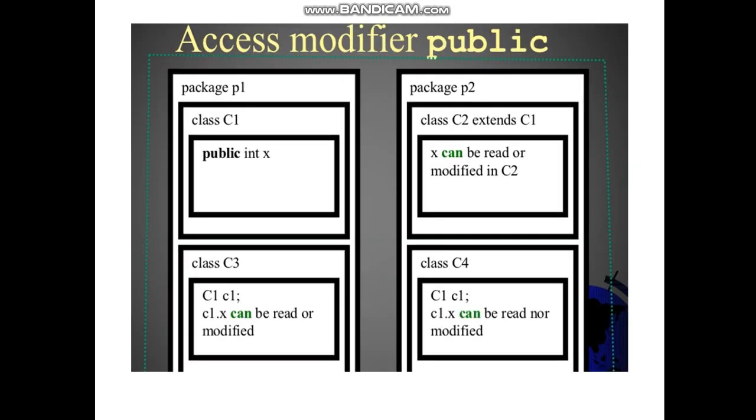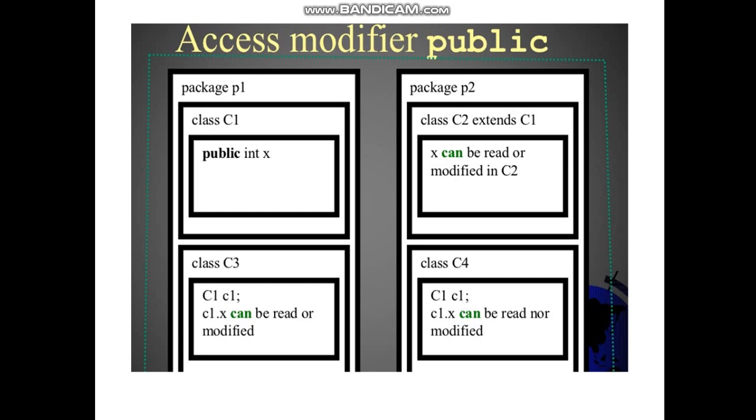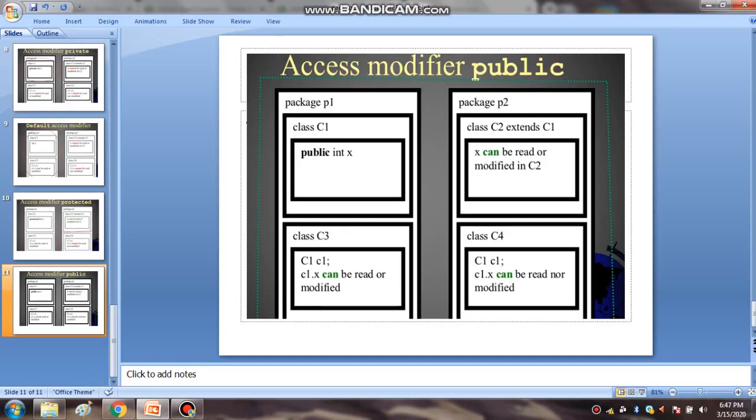Now in case you are defining the access modifier as public, that means it can be accessed within the same class, within any other classes or subclasses defined in the same package, or any other classes or subclasses defined in any other package. That means it has a public access. It can be accessed from anywhere. So these are the different access specifiers, and all this is based on the package in which it is being defined. Now let us see some inbuilt packages.